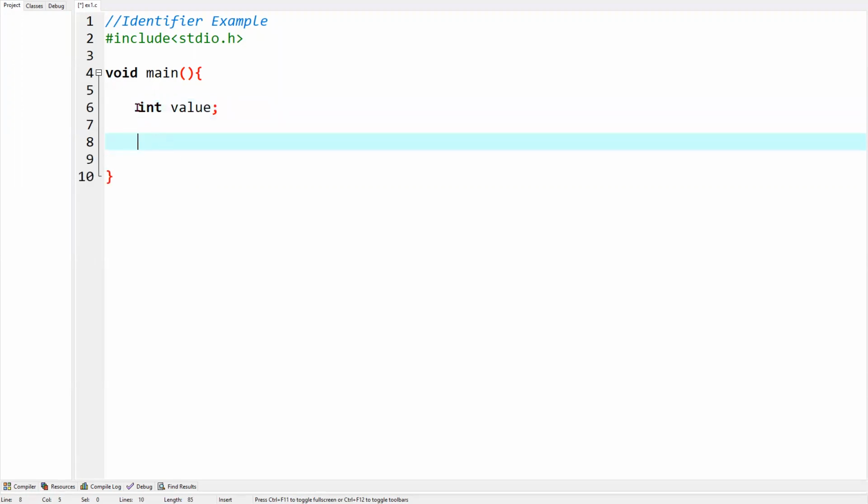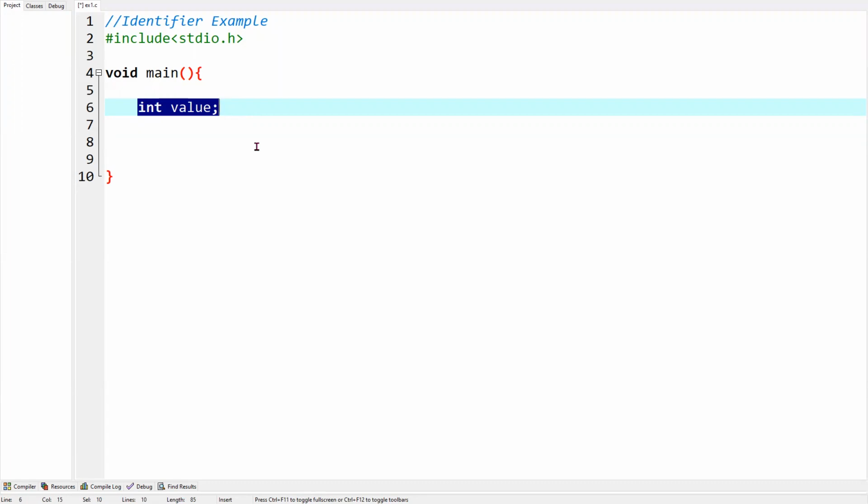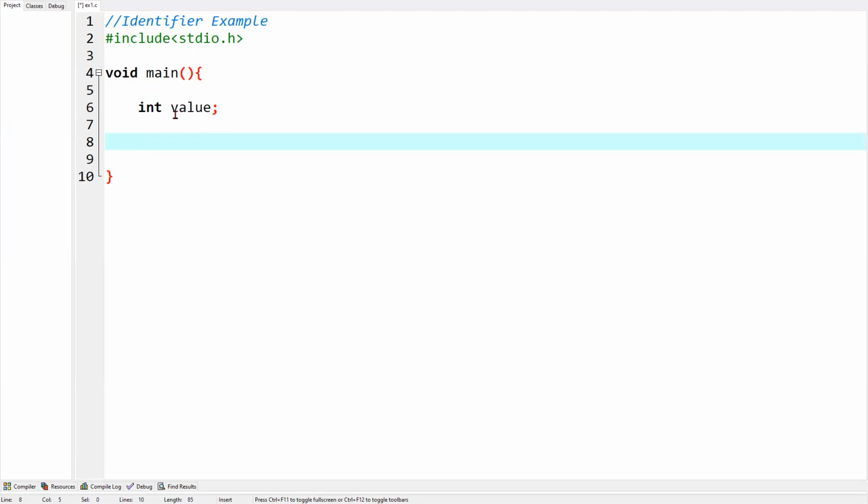So this is called a declaration and a definition in C programming. Okay, so I have not assigned any value here, I just declared the name of the data type, integral type, and the name of the identifier is value. Here the identifier name is called a variable. Variable is nothing but giving a name to the memory location. A variable is a data name that may be used to store a particular data value, but I'm not storing any value, I just declare the variable and type of name. Okay, int is a data type, the name is value. Here I try to print that value. We'll see what happened. So I'm going to be using printf, which is a function.